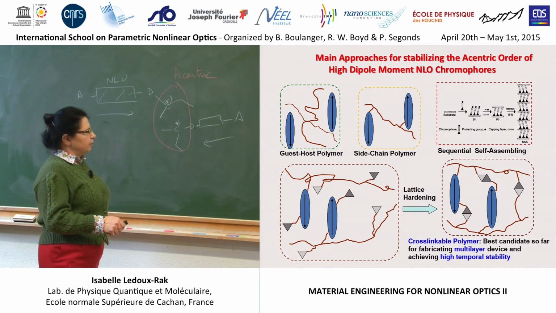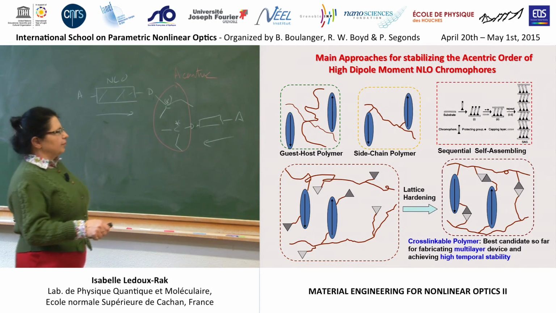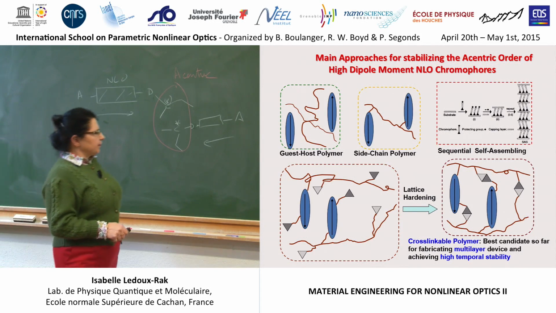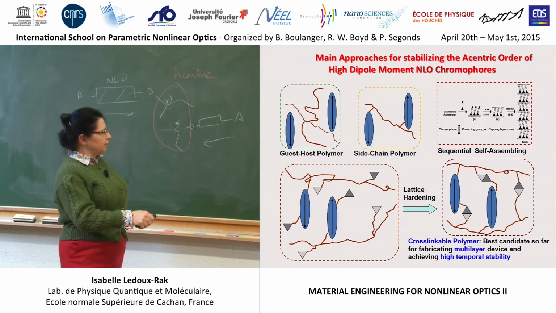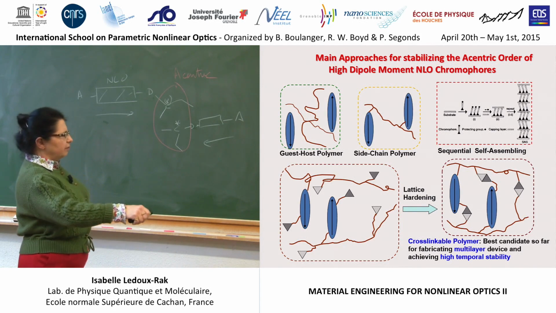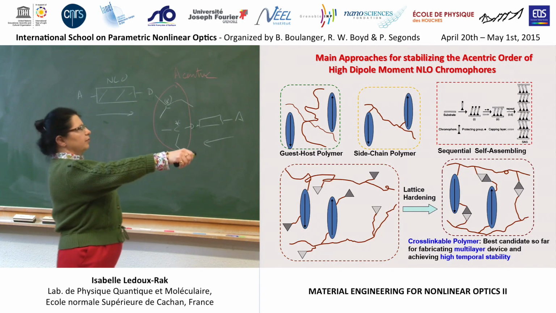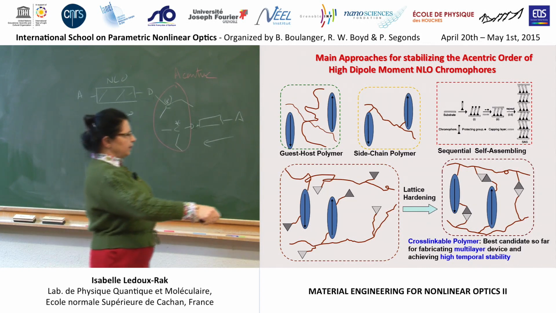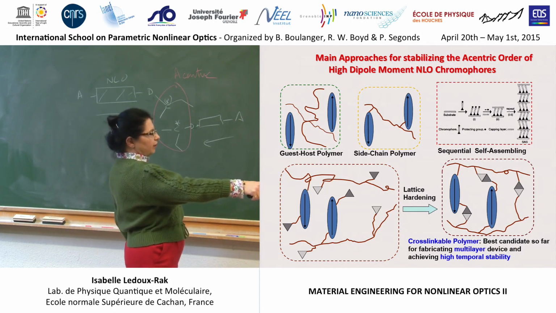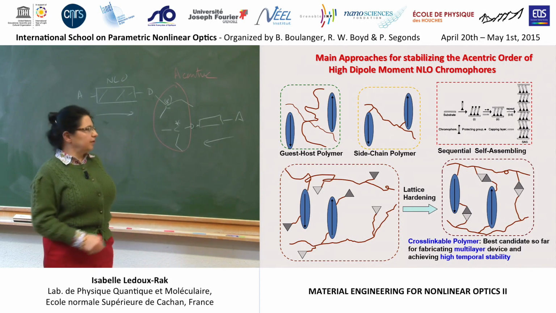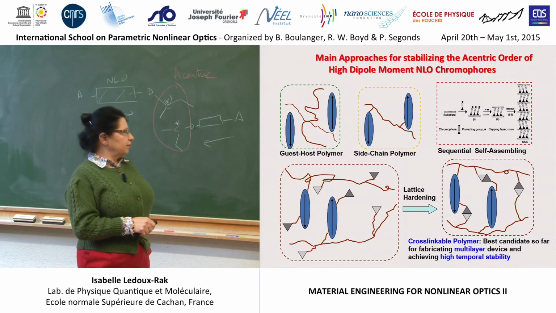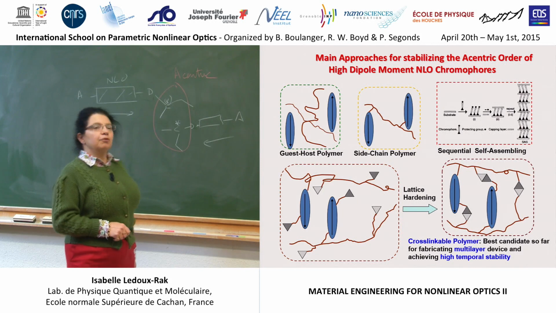Another possibility is also to increase the rigidity of the system by attaching the molecules to polymer chains with two attachment points, with two different chains. Here, the molecule is attached to one chain. Here, these molecules can be attached to two chains, and this makes the system very rigid, but the reaction of attachment should be done after poling.